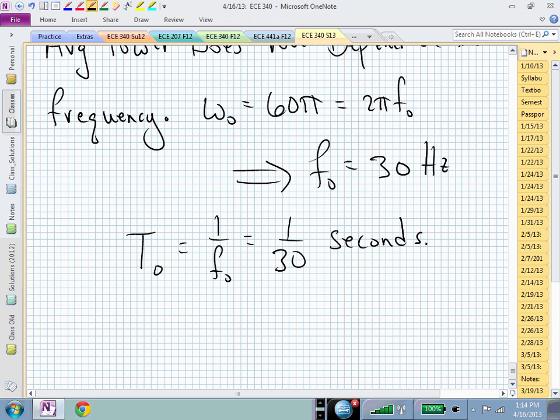It's about the same, isn't it? Now you have to do the negative frequencies and the positive frequencies. But what kind of a picture are you going to see if you drew the line spectra for little x of t? You're going to have one line in the positive omega and one line in the negative omega, and you know where those omegas are, don't you? They're at 60 pi and minus 60 pi. All right, so let's now look at